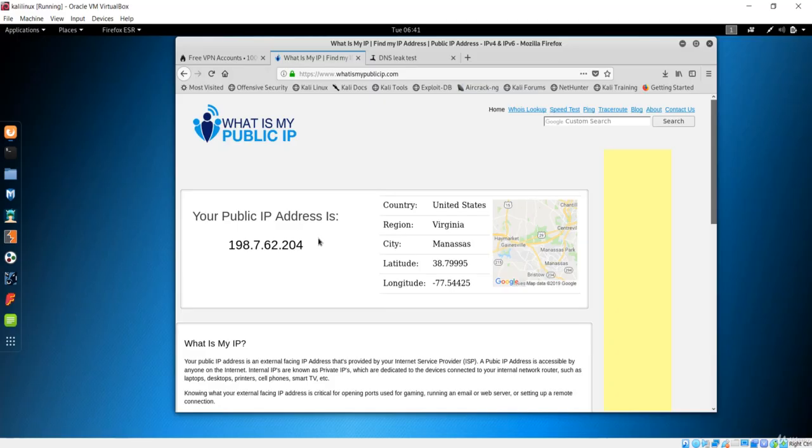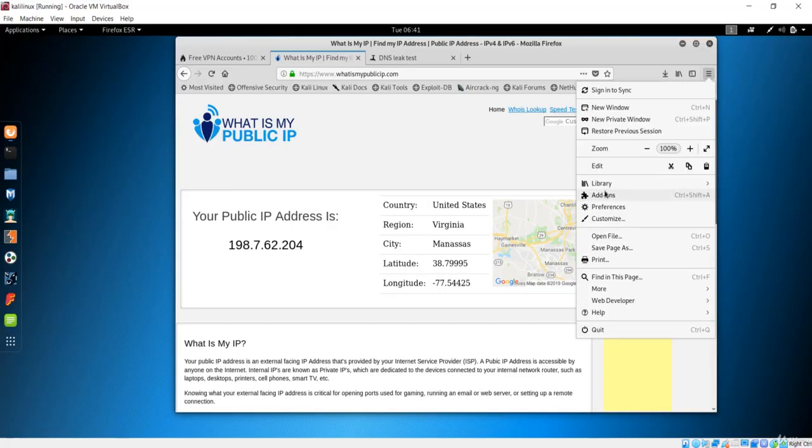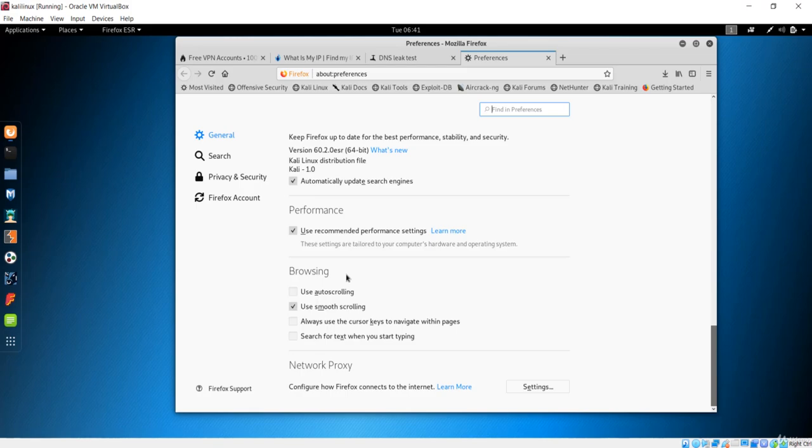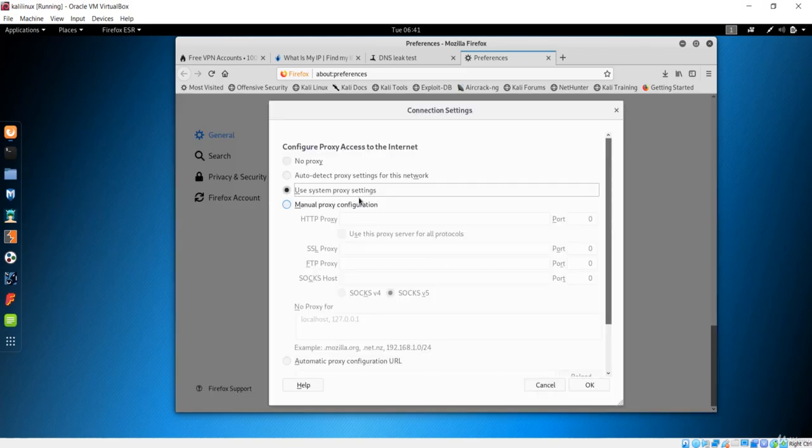If you have heard about proxies, let me open Mozilla Firefox here and go to the settings, here in Preferences. Now if I go down, you will see that it has the Network Proxy section. Let me open the settings. Then you will see the configuration for manual proxy configuration right over here.